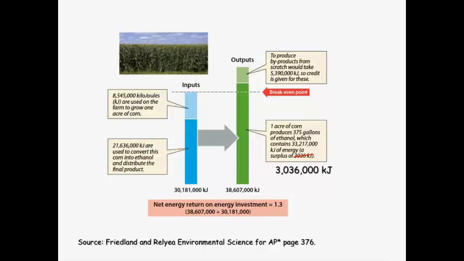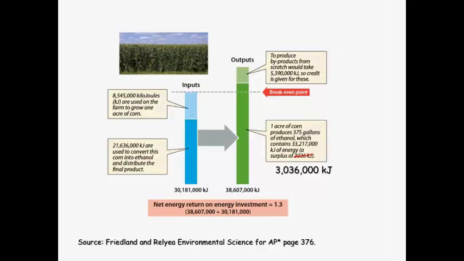But nevertheless, it shows you that this is the amount of energy that goes into making ethanol, and almost all of this, or very likely all of this, is fossil fuel energy. What do you get out of that? Well, you get this green bar just slightly greater than the inputs in terms of the energy content of the